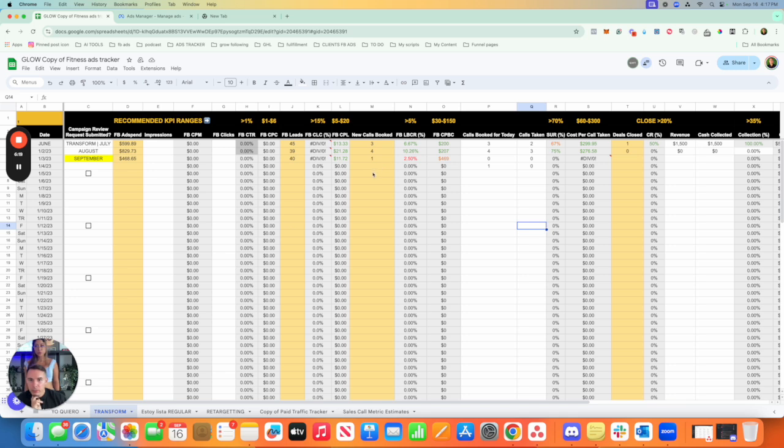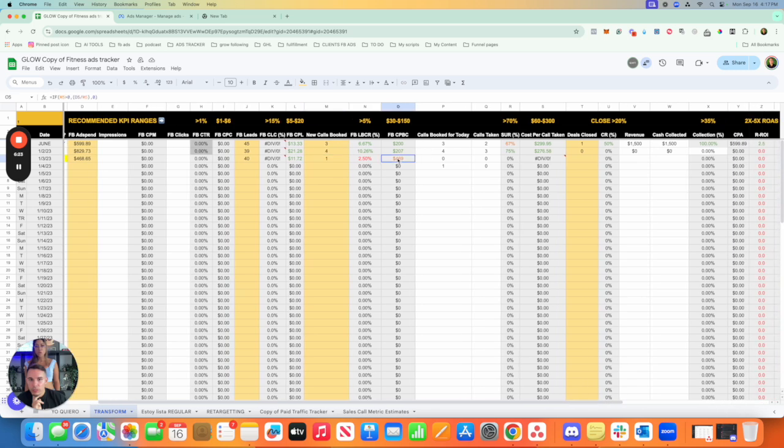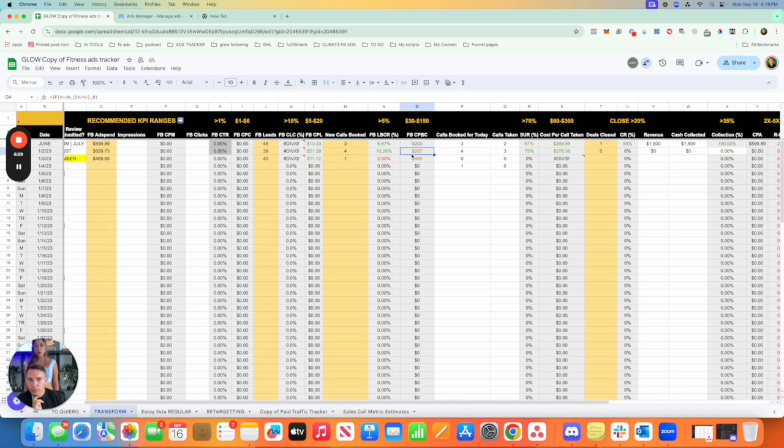So let's look and see what's going on here. So cost per book call is, yeah. So this should have been turned off a while ago, because her cost per book call is outside of KPIs right here, right? So this should have been turned off